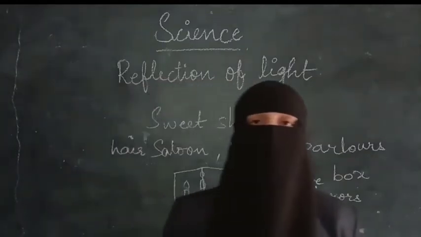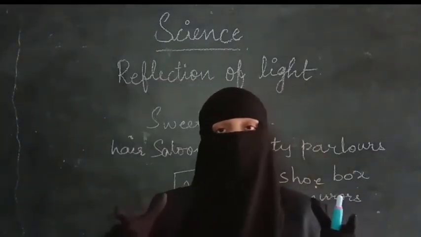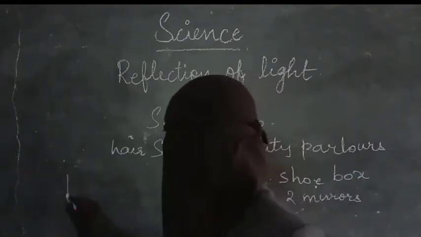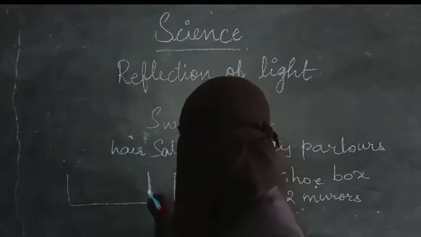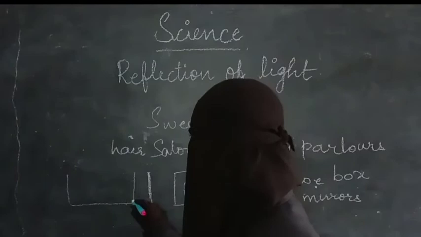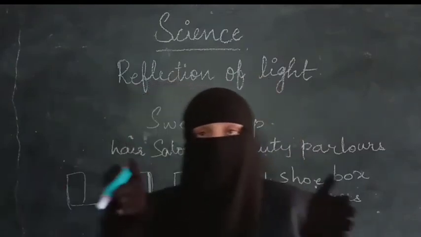Okay, so what you have to do? First of all, take the box. And the mirrors should be of the same size as the box. I mean, you have to keep them at the sides. For example, if we have this box, right? So what is the length and width? You have to find out the area of this and you have to bring mirror strips of this area only. You have to keep the mirror strips like this.